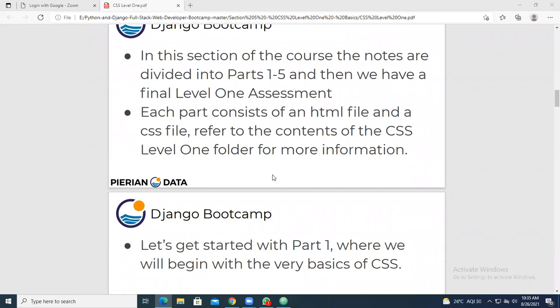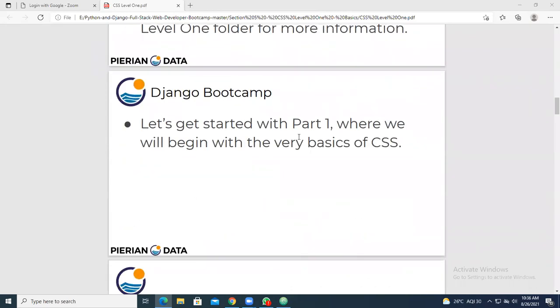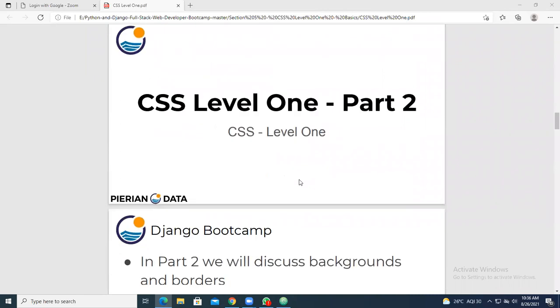If you don't know a particular tag, go to my HTML videos, understand those concepts, then come to the CSS. Each part consists of an HTML file and a CSS file; you can refer to the contents of the CSS Level 1 folder for more information. Let's get started with part 1.